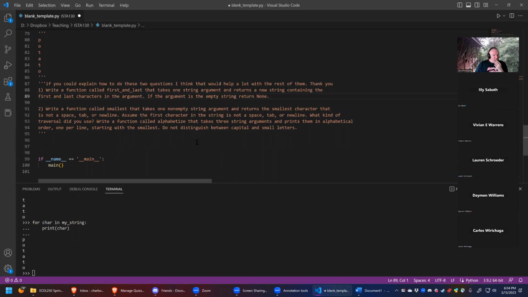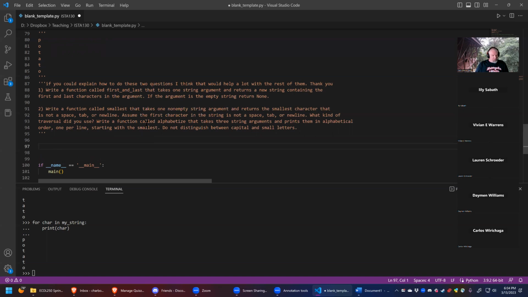If you write a function called first and last, that takes one string argument and returns a new string containing the first and last characters in the argument. If the argument is an empty string, return none. All right, so